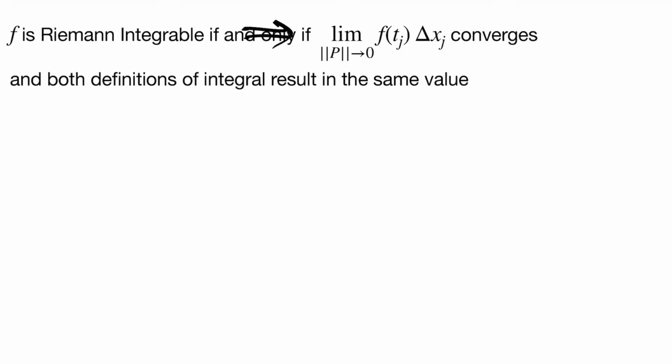So we'll do each of these. We'll go Riemann integrable implies the sum converges first. We'll assume it's Riemann integrable and show that the sum converges. And then we'll go the opposite direction. We'll assume the sum converges and show that it's Riemann integrable. And in each case, we'll show that they have to equal the same thing. So in the first one, if f is Riemann integrable,